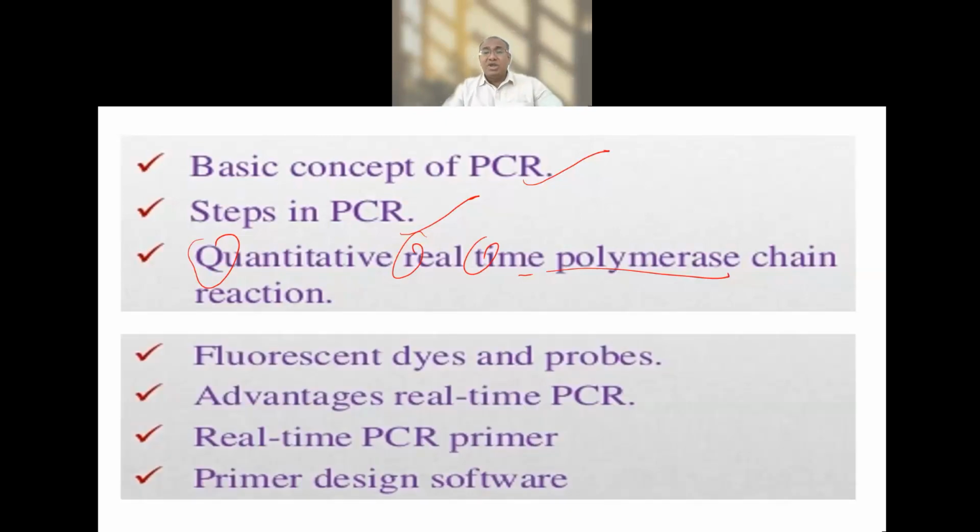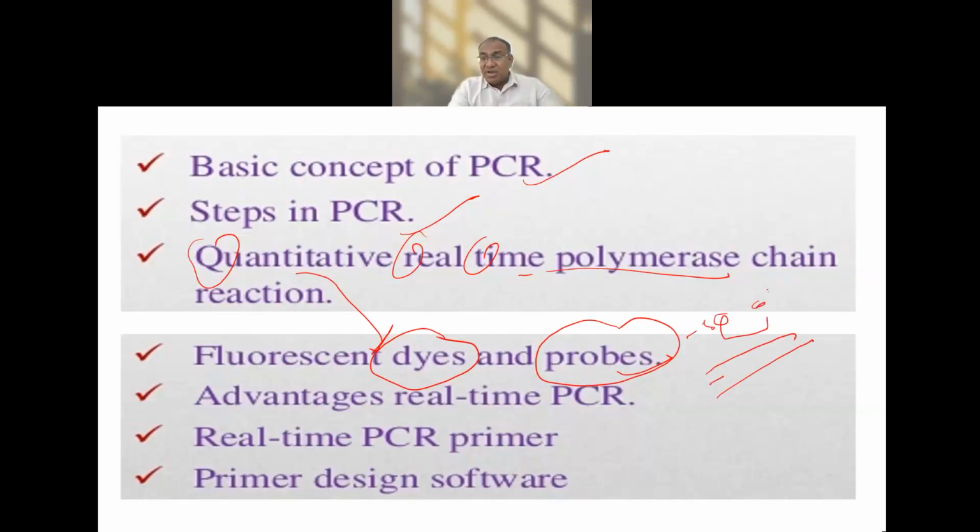Then I have the fluorescent dyes. Which type of fluorescent dyes? Because I am doing a quantitative method. So when I'm using a quantitative method, I need some dyes to be used, and the probes also should be there, so that when I have these two strands here, I will take one probe like this, with the reporter and the quencher, what we call it. These are artificially made probes. The probes will come here, the primer will be given, and the polymerase enzyme will be used for the synthesis of these particular nucleotides. So the dyes and the